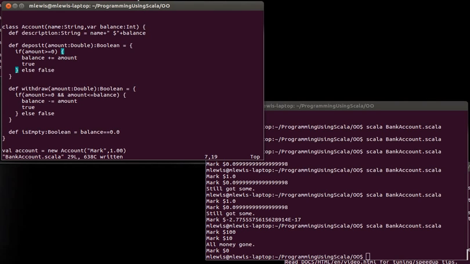But okay, so now we have some checks in here. The real problem with balance being a var is it turns out that these checks that we've made actually put a safeguard on our account. So once you create a new account, you should never be able to make the balance